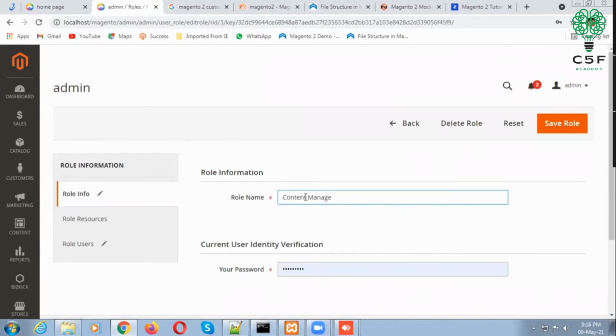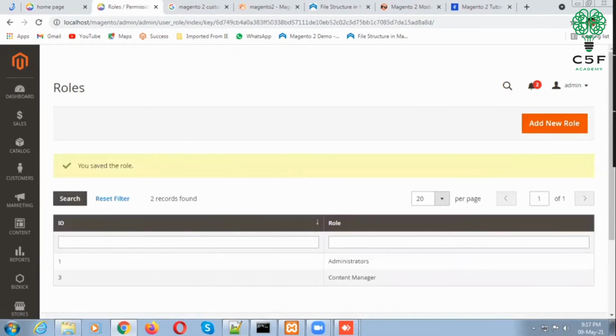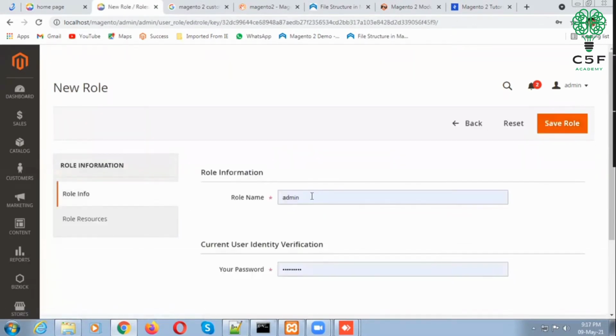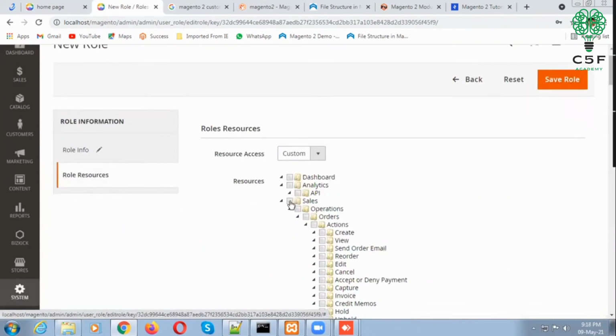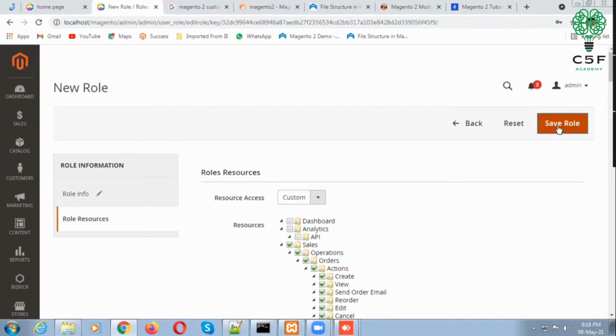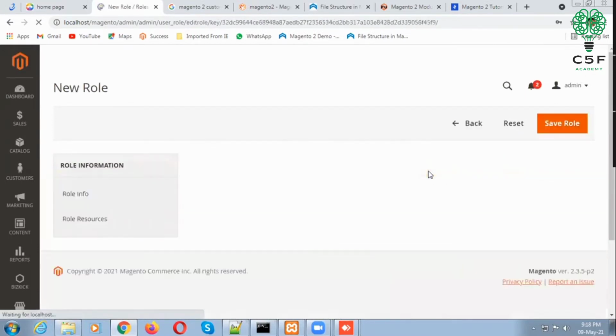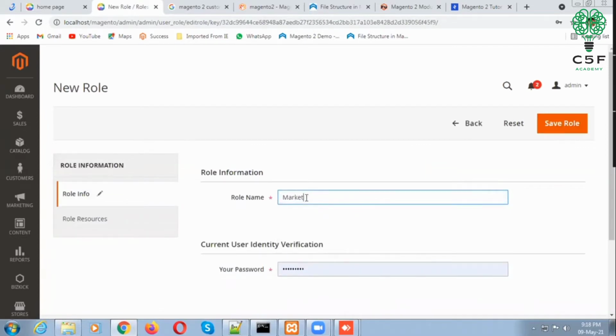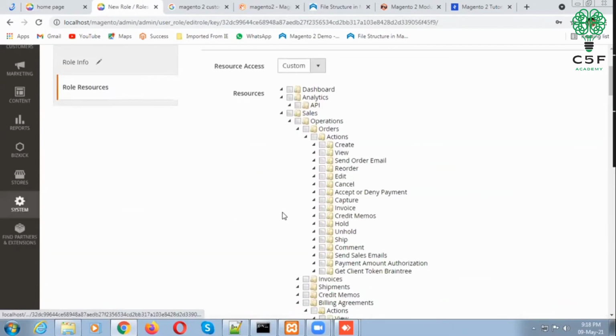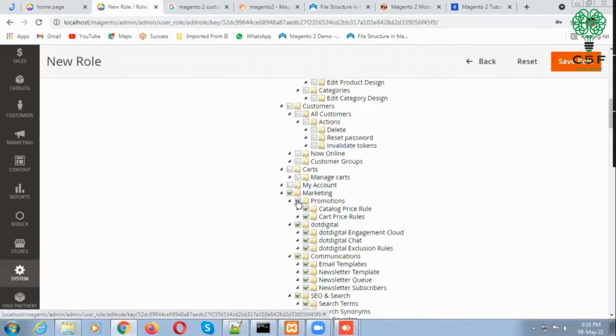So here give the role name as content manager. Okay, save role. Then let's create another new role. Let's give the role name as sales manager, and in role resources check only the sales option. Okay, save role. Another role, let's create a marketing manager role. Check only the marketing option here